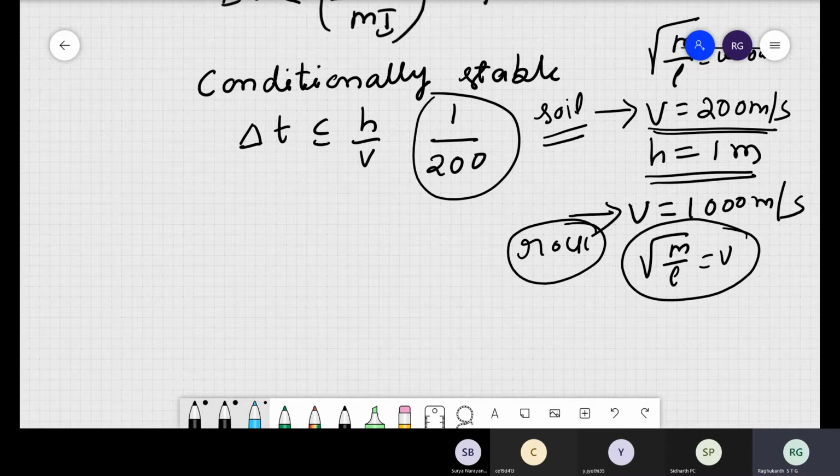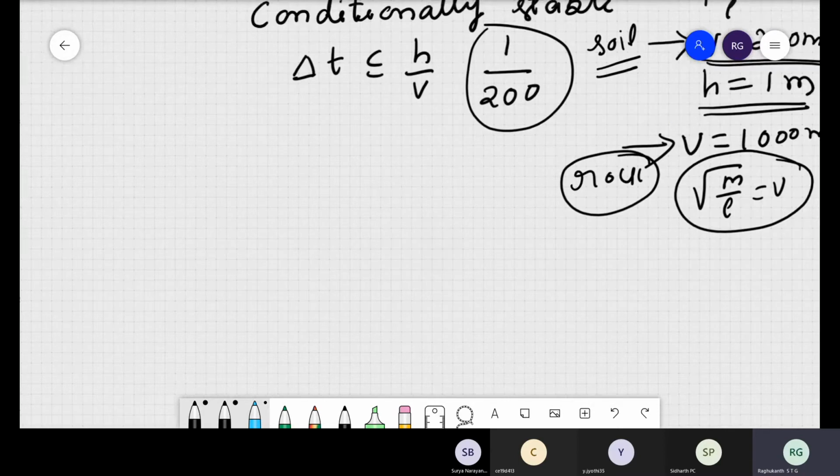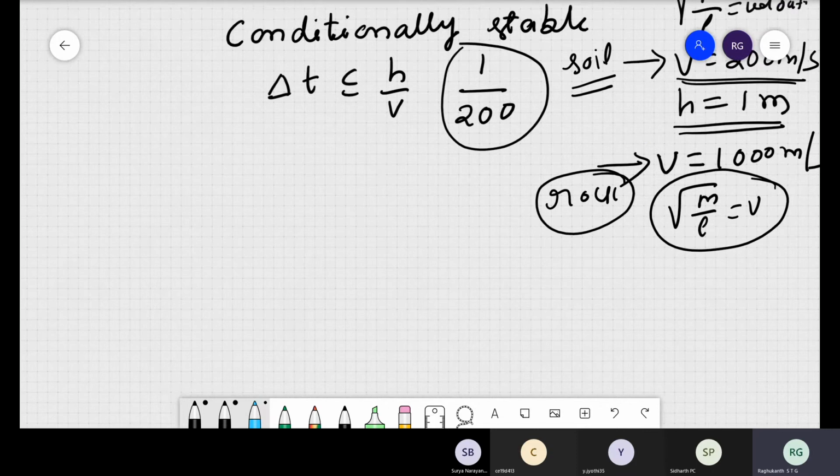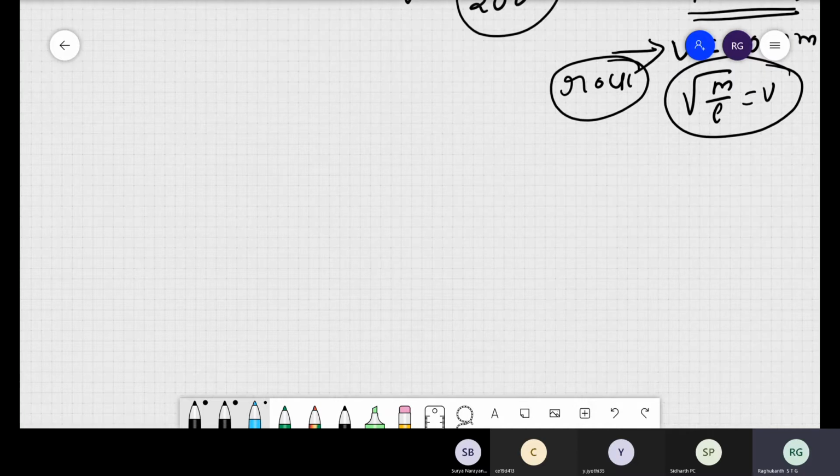Now in our previous class, whatever we discussed, if you take central in time and central in space, you are going to get stable results. Because we have not taken any forward derivatives, whatever we have done until now is perfectly fine. Now let us write this for all our schemes. It is given in the textbook itself.